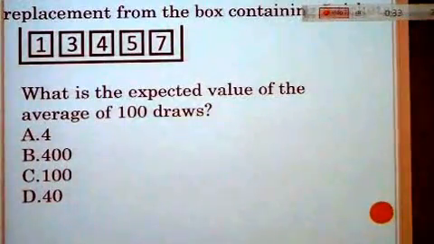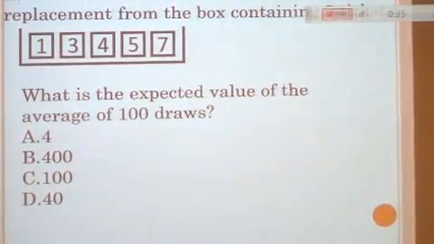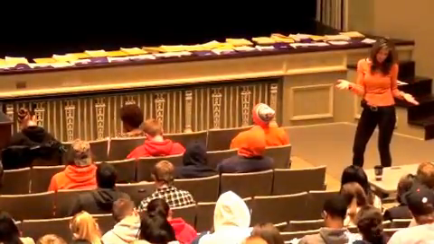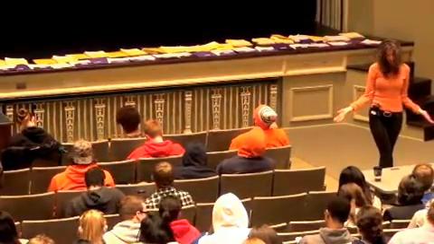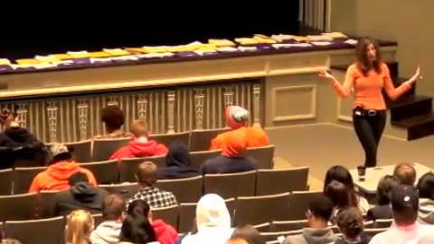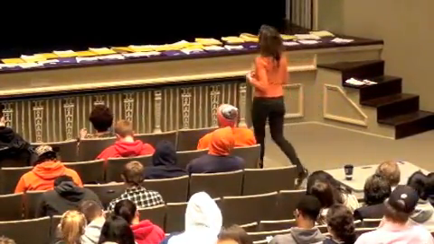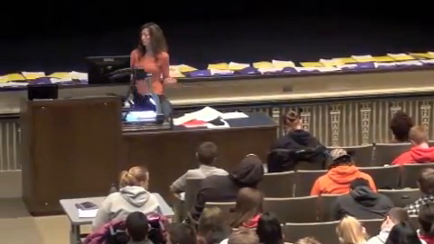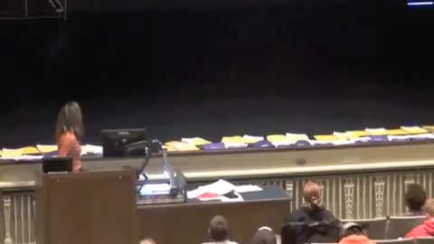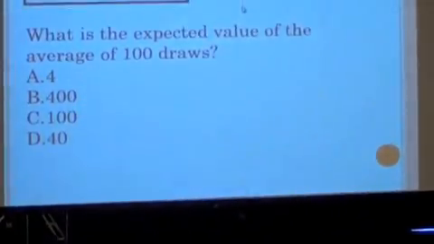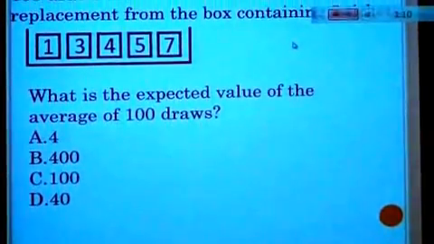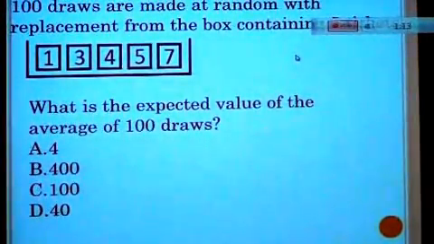This is not hard. What's the average of the box? What's the average of the box? So what would you expect the average of any amount of draws to be? Would you expect it to be any higher or lower? This is a no-brainer if you know what the average of the box is. Why would you expect it to be higher or lower? I mean, you wouldn't expect to get all 7s, or you expect on the average to get the average. So this one you should all get. There's no reason to expect the average to be higher or lower.